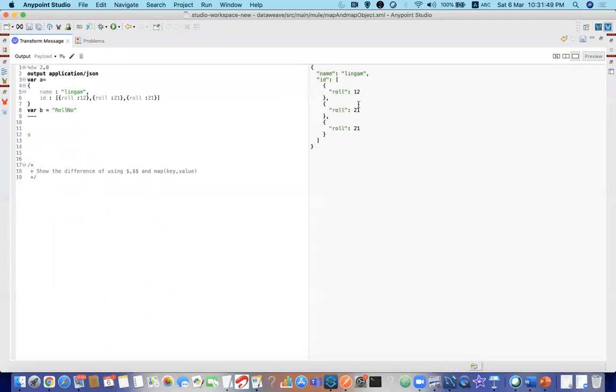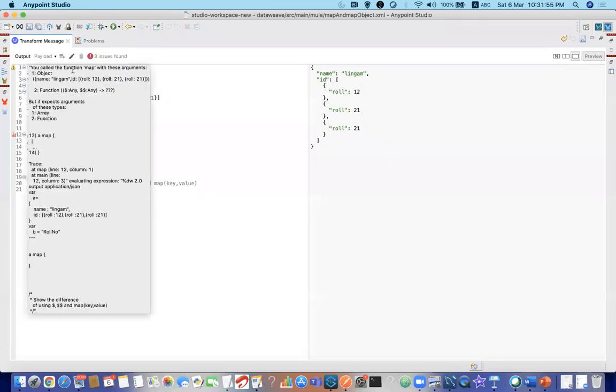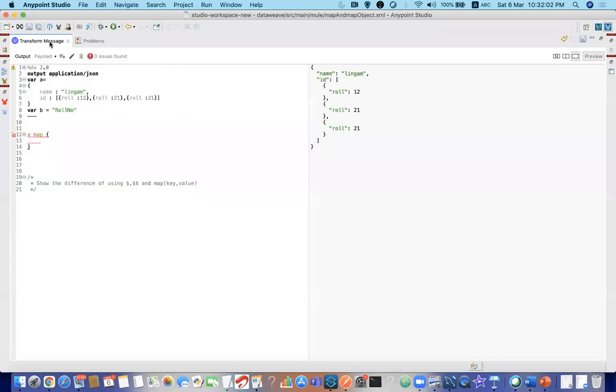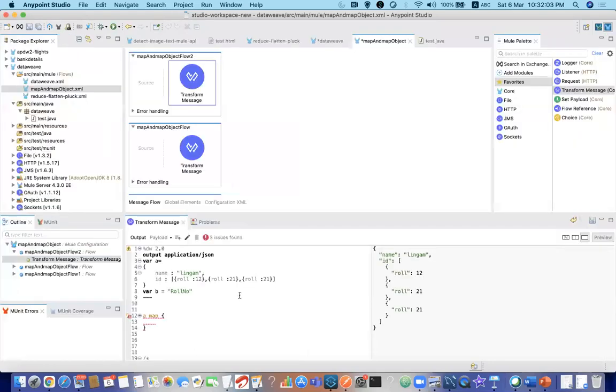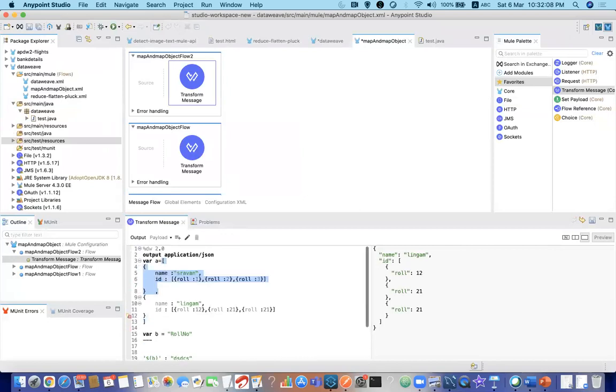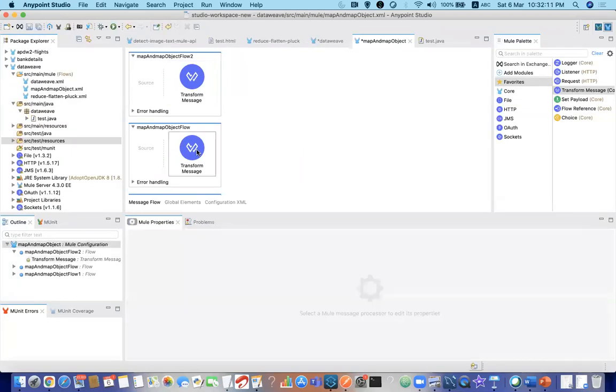If you try to use the map operator here, it will say that you called the function map with an object, and it expects an array. Clear? So we cannot do a map operation on objects.